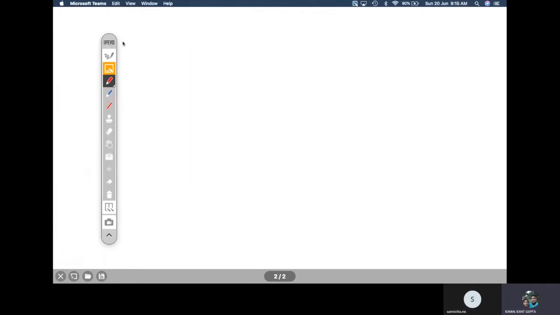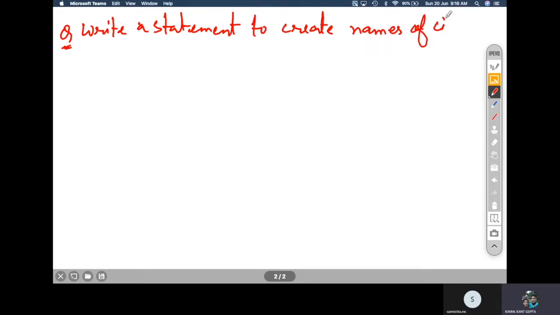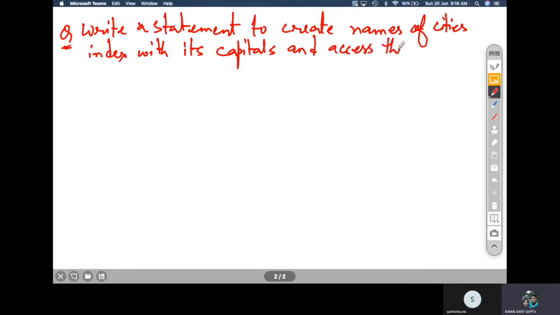The question is: write a statement to create names of cities indexed with their capitals, and access the third city using index and label both.